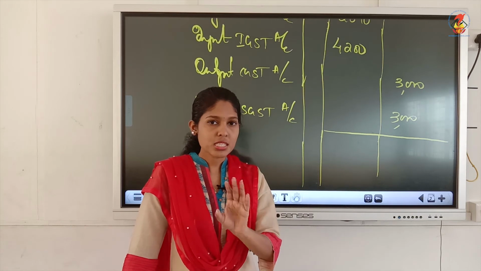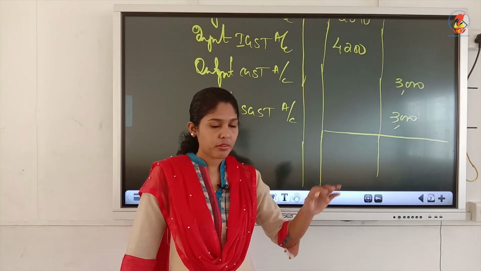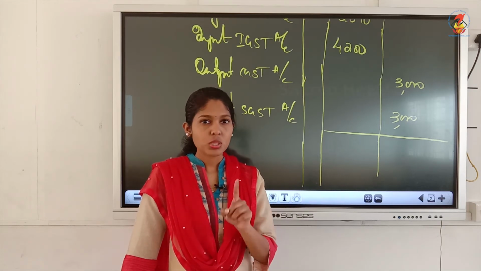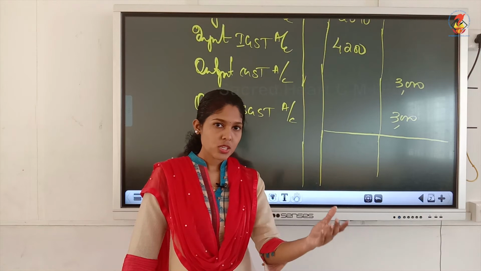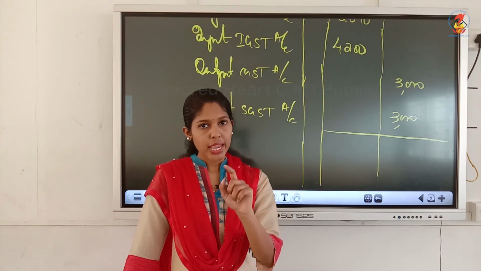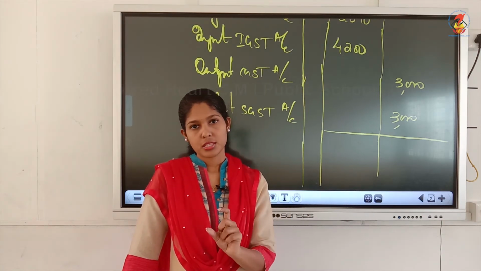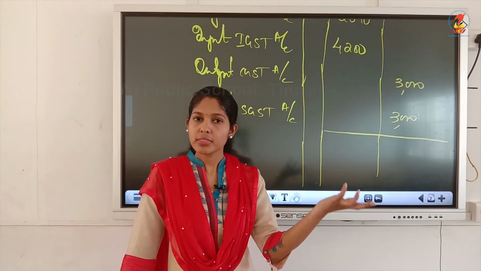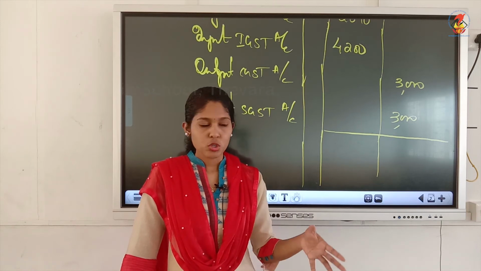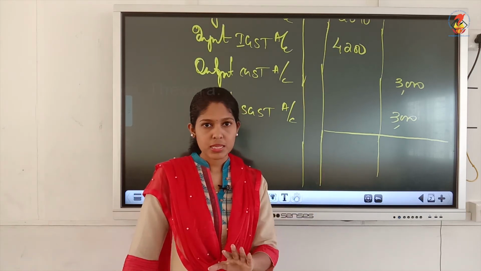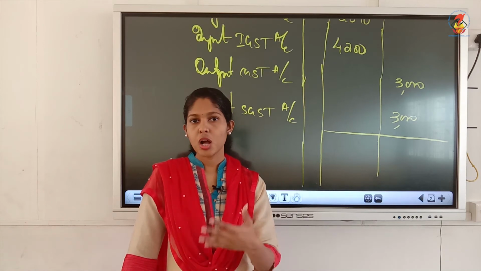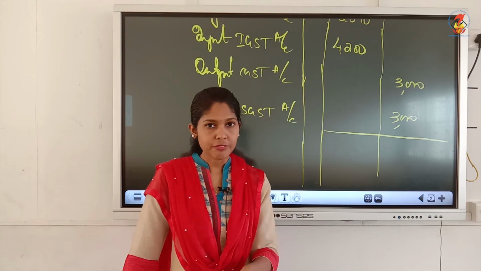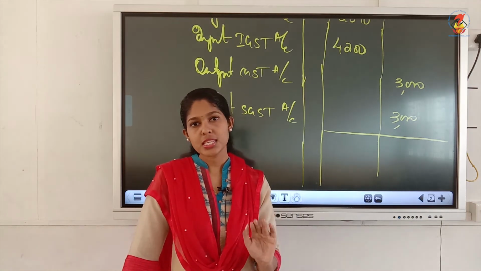That means if you are getting debit and credit balances as equal, you can ensure that the journal entries made in the journal and the ledger accounts prepared are correct. The purpose of doing a trial balance is to check this, to check the arithmetical accuracy. So if you get both sides equal, we can confirm that the journal entries and ledger accounts we prepared are correct. That is the purpose of doing this trial balance.